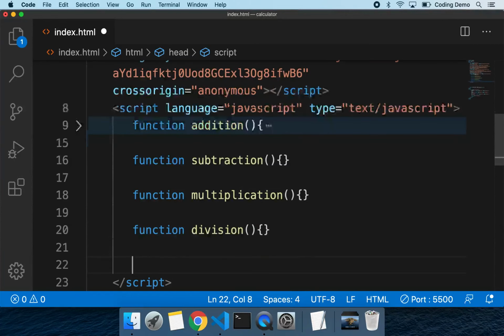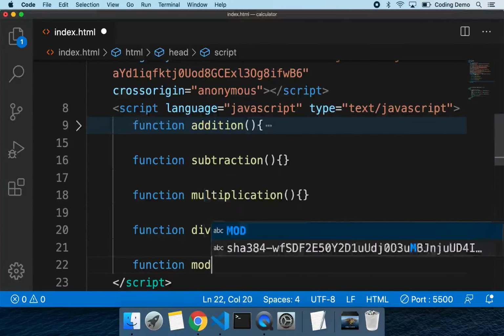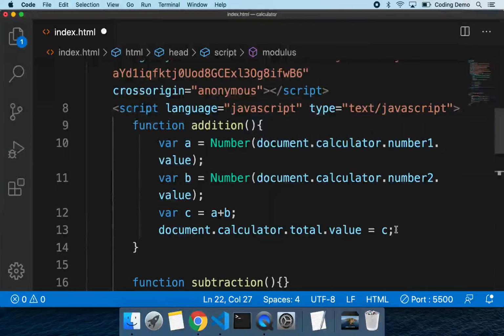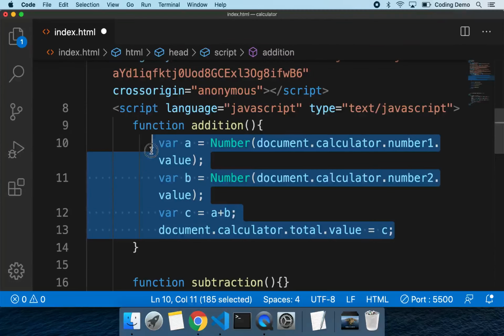And we have modulus. So I'm just going to go ahead and copy paste all of this